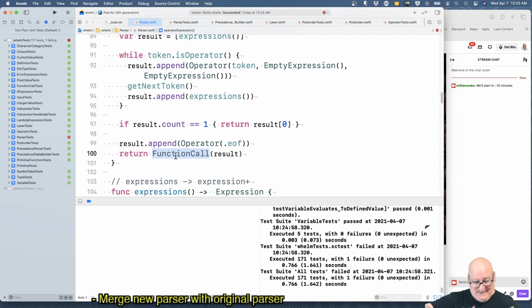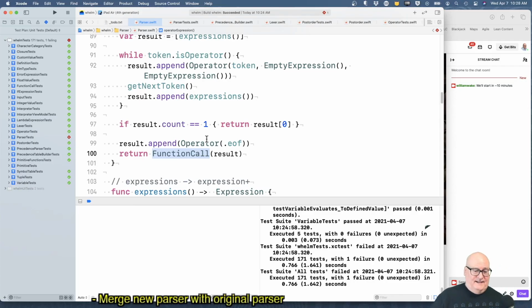Okay, so this is the big switch over, and I guess we'll take a break first. We'll inject the new parser because this result.append stuff by line 100 result is an array of expressions, which is exactly the input that our parser wants, and it has exactly the output that our post order thing wants. And so if we call post order of parse, we should get the right stuff. Simple. All right, let's come back and see if it is. 2 minutes.